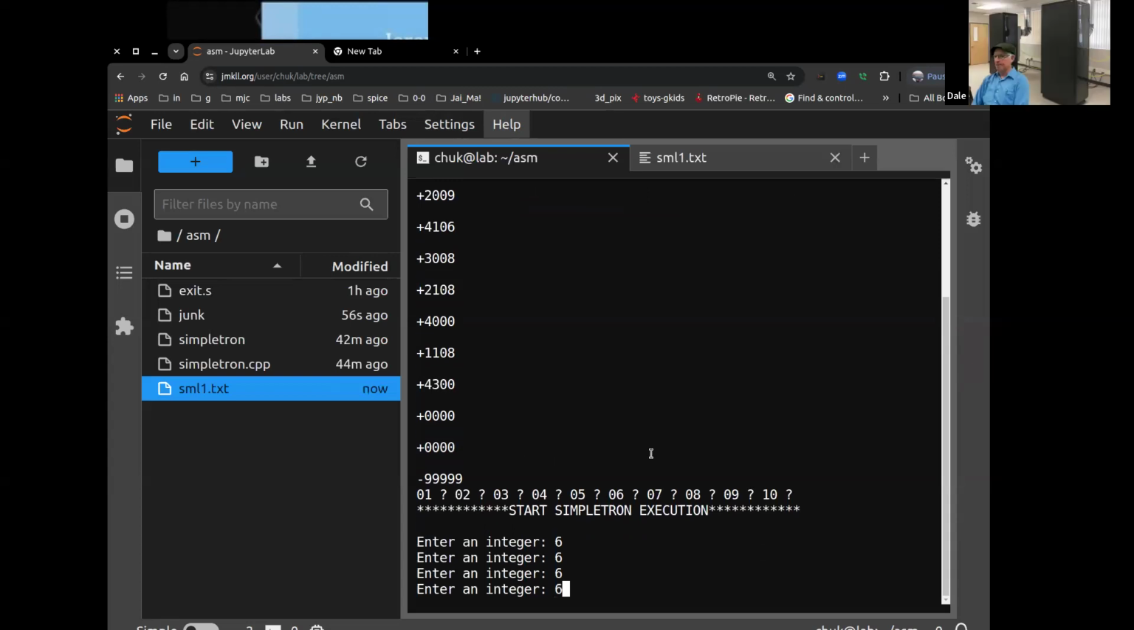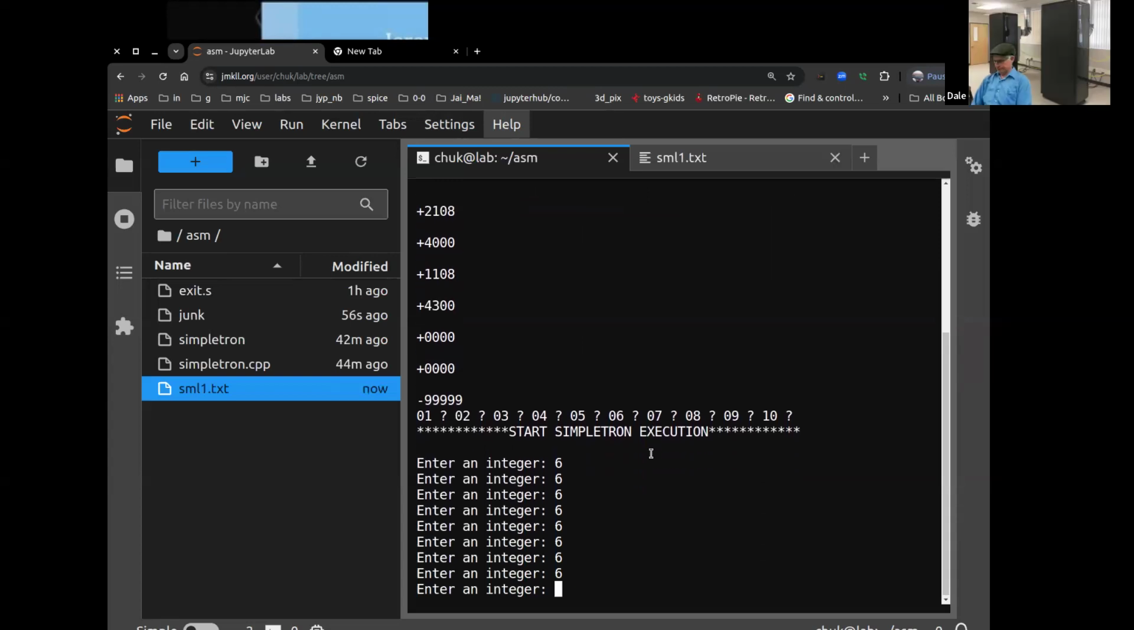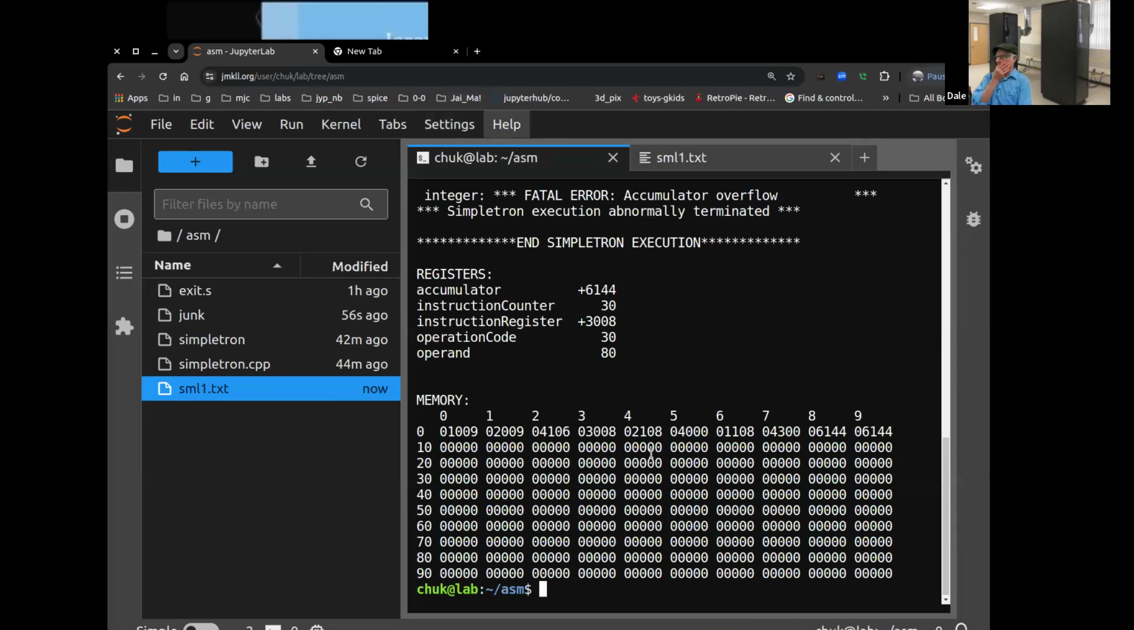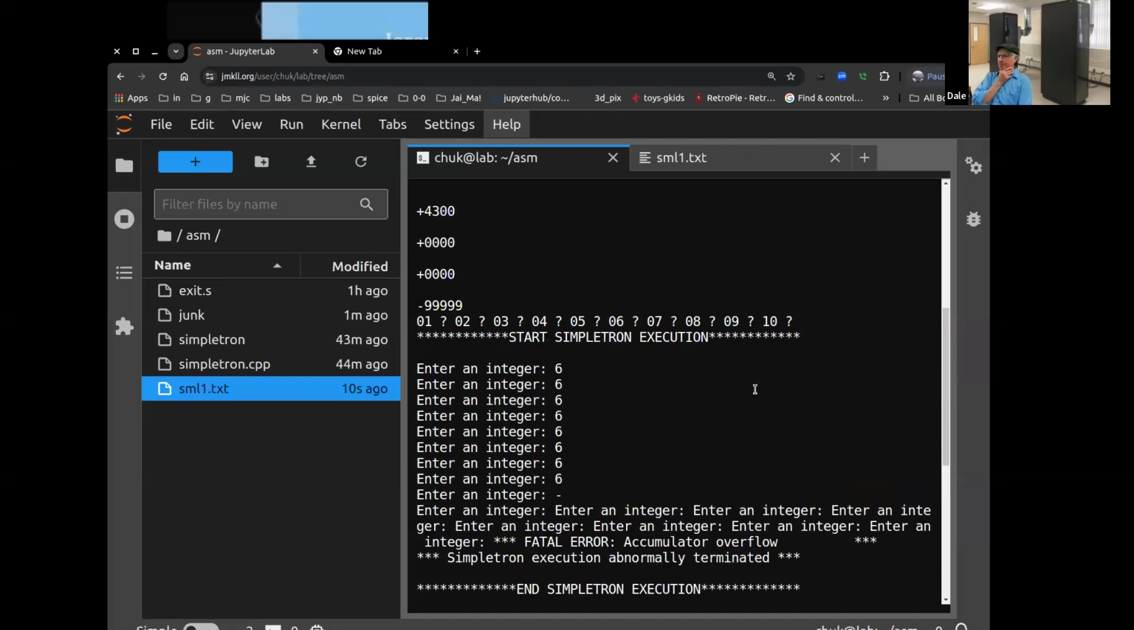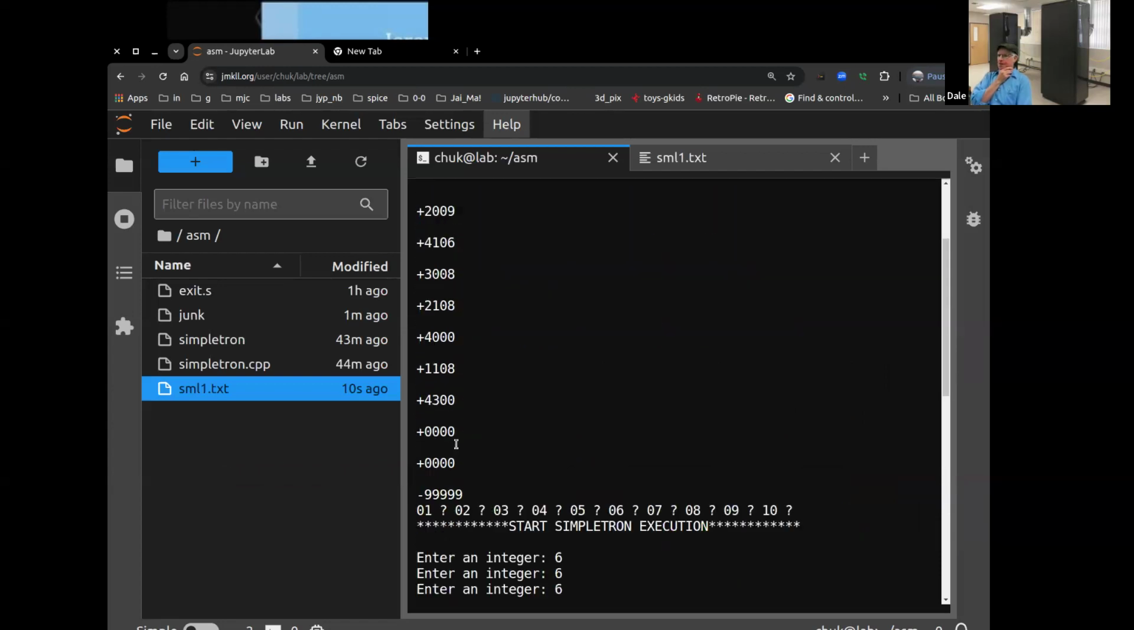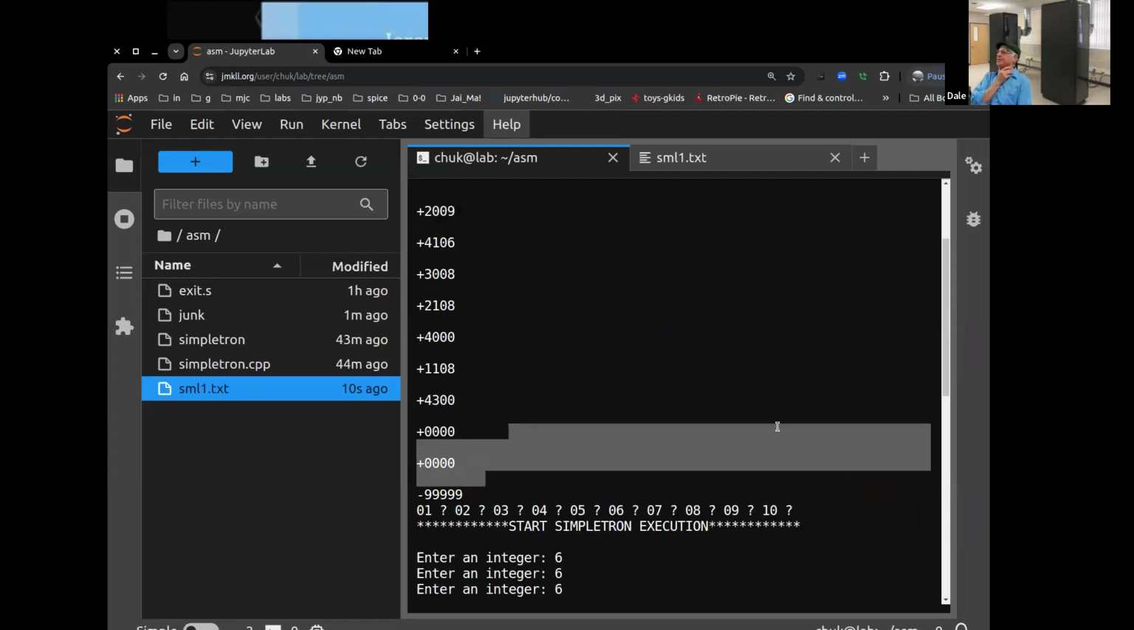Well, it's coming up with... You need a negative. Once you put a negative, it stops and adds everything together. Oh no, fatal error, accumulated overflow. So something about the copy, cut, and paste inside the JupyterHub is not working quite right. Okay. Caveat emptor, buyer beware. So let's show you how it works